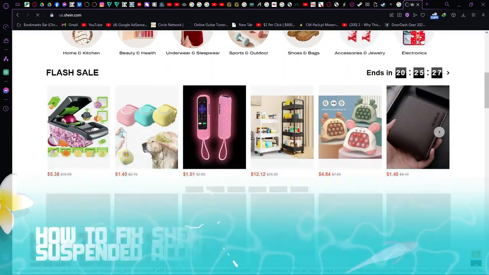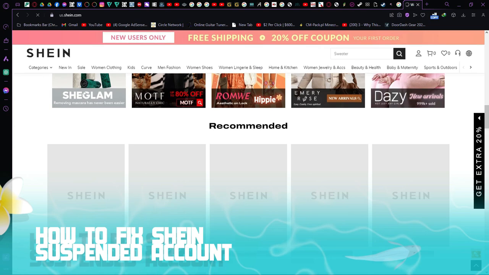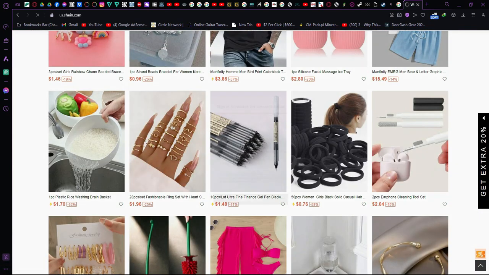How to fix Shein suspended account. Understanding the suspension. Your Shein account might be suspended due to rule violations like posting inappropriate content, spamming, or suspicious